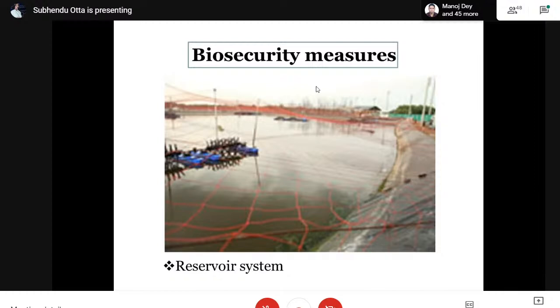Then, after stocking, you should follow all the biosecurity measures, particularly the crab fencing and bird fencing. Suppose somewhere mortality occurs, a bird can pick up one dead animal, and while flying, accidentally it may fall in your pond, and that one shrimp is enough to finish all your ponds. So you should take all these precautions, and you should invariably have a reservoir system also